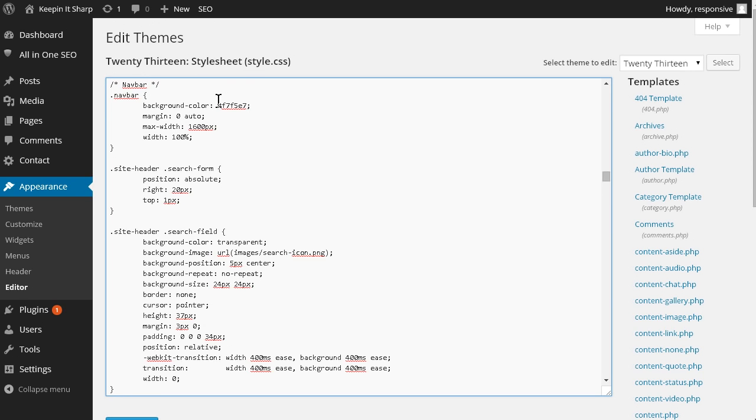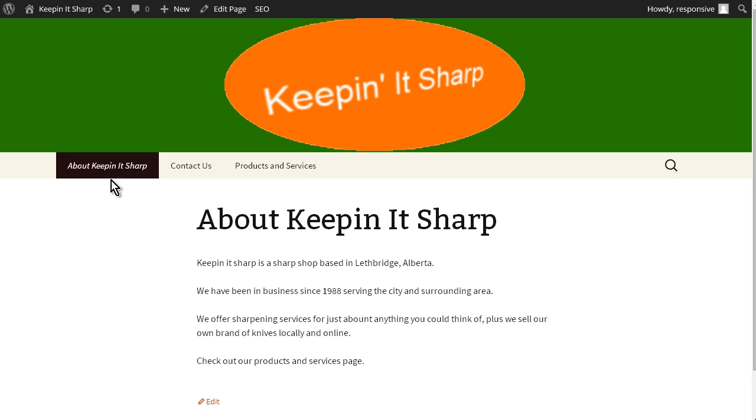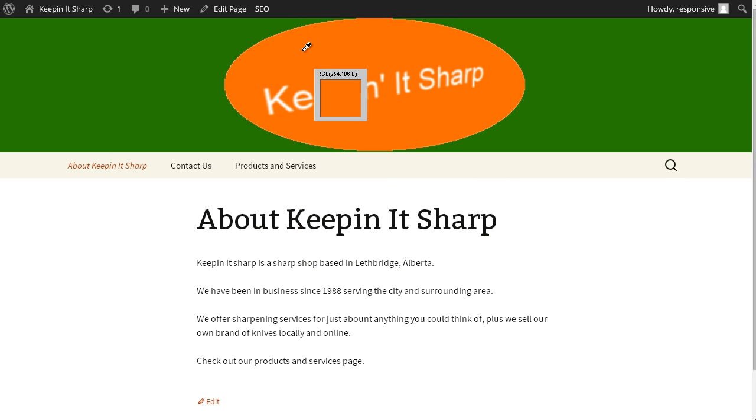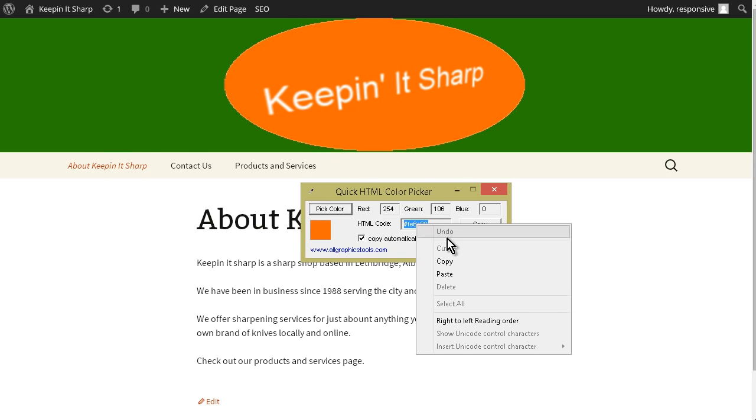You'll see here's our background color. If we take this and paste it into a color picker, this is the color, and this is this color here. So what we want to do is change that. Now you can download a tool that will show you the color of an item, okay? And I've given you the link to that here. So if I click pick color here, and I place that in here, it gives me the hex code for that, okay? So I can just copy this,